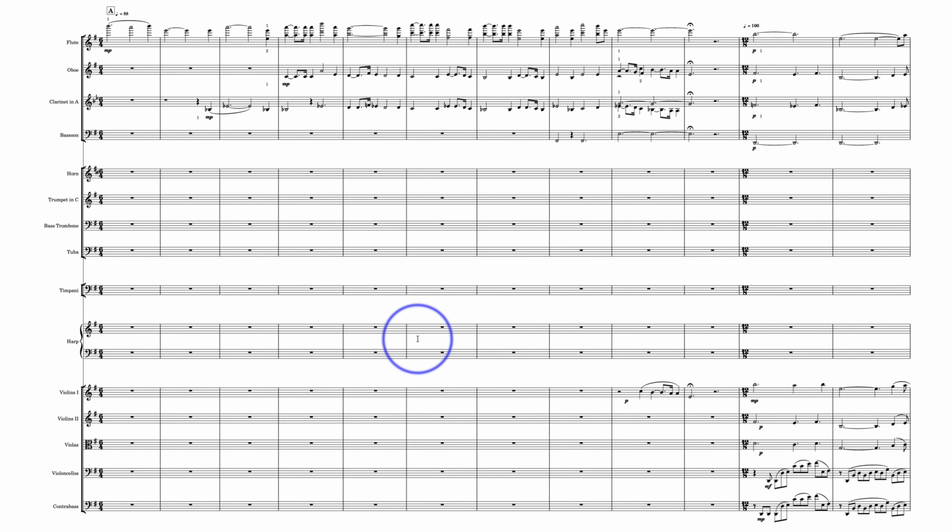Check out some of the other entries and look at the different ways that people change the texture by shifting between instruments or between registers of instruments, right? So I would say don't just get stuck in one zone with your scoring. Allow yourself to explore more possibilities of expression. Okay, so